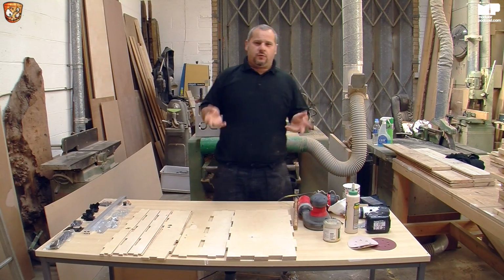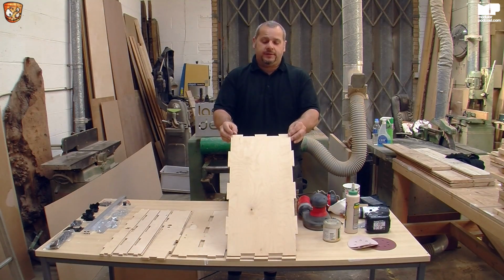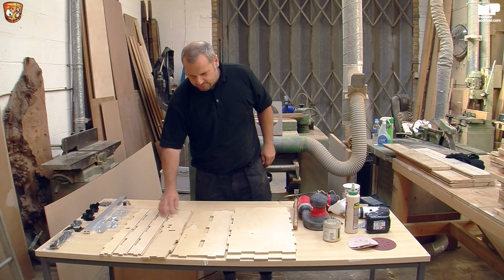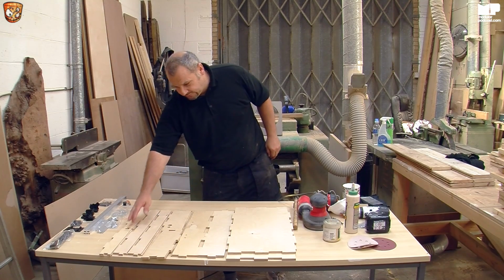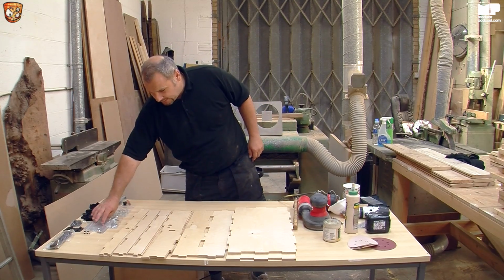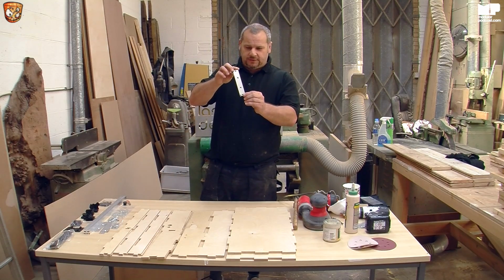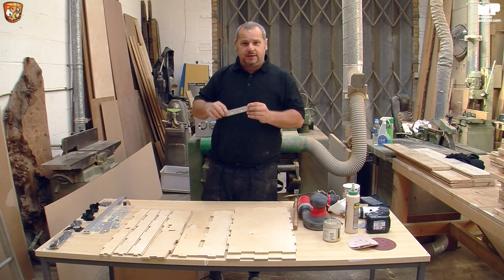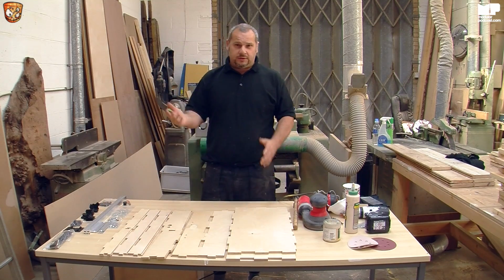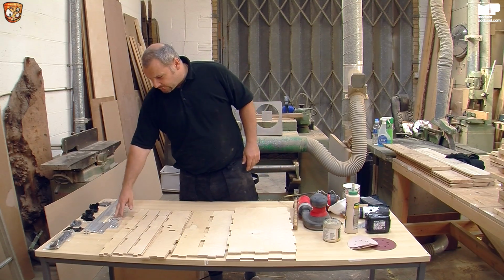So first of all, we have all the parts, which are the base and the lid. We have the base sides, base ends, lid sides, lid ends. We have all your rails, your brackets, which were designed by my friend Matthew Goik, which are fantastic for keeping the case looking nice and smart. Square nuts that they come with, but obviously you can have threaded nuts in the future. All the hardware to put it together,